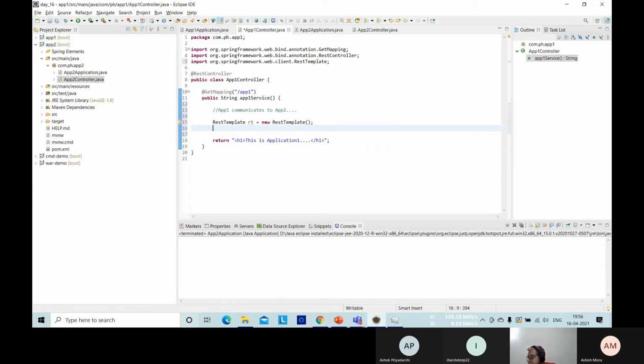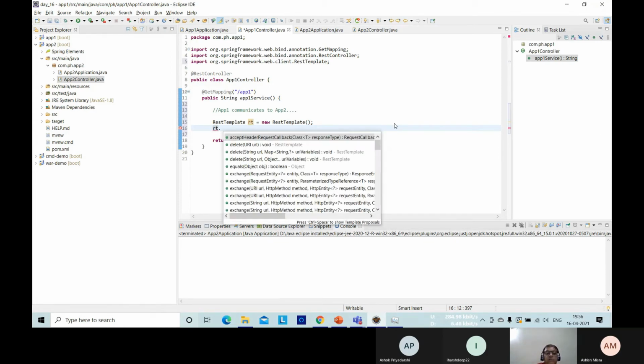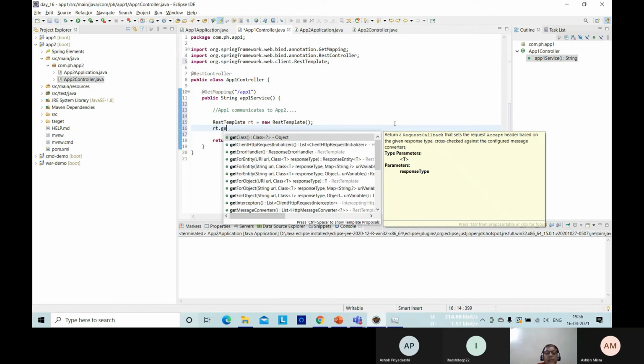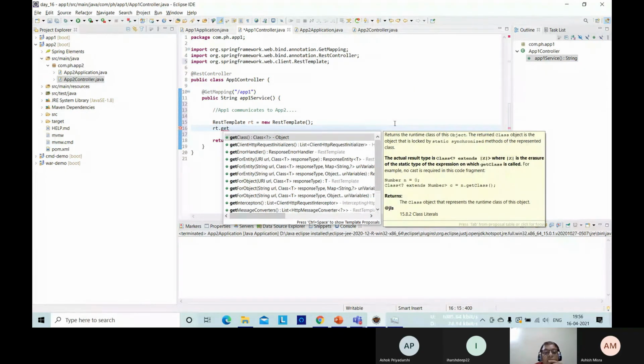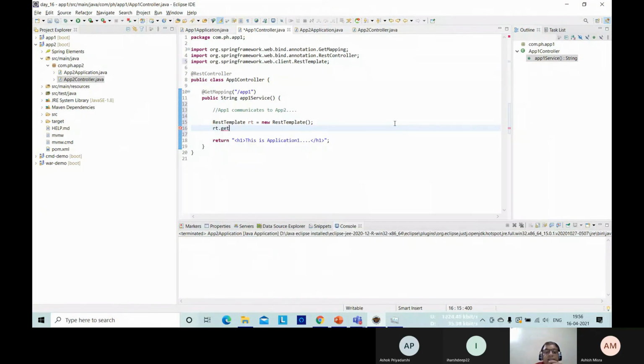Okay. Now the method, there is a method whose name is getForEntity. So RT dot, look at this, getForEntity. This is the method which you have to call.